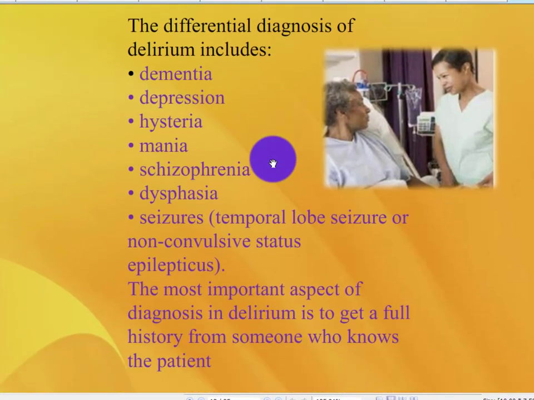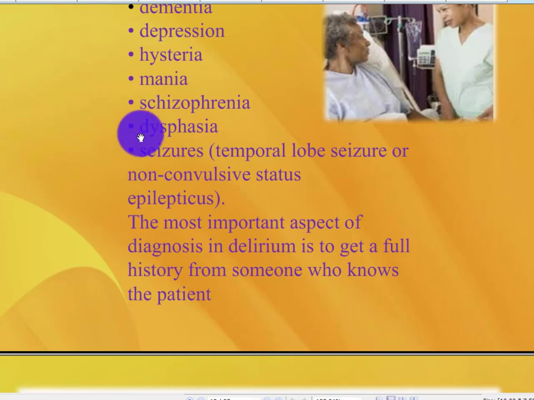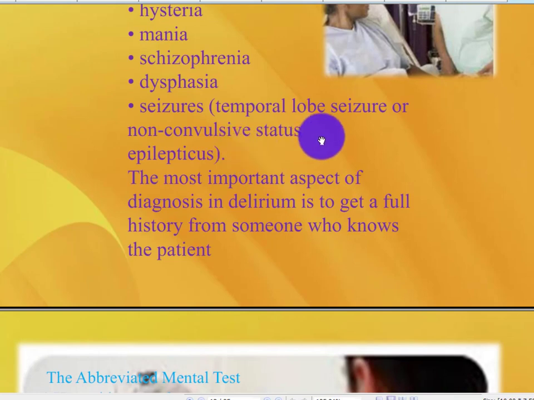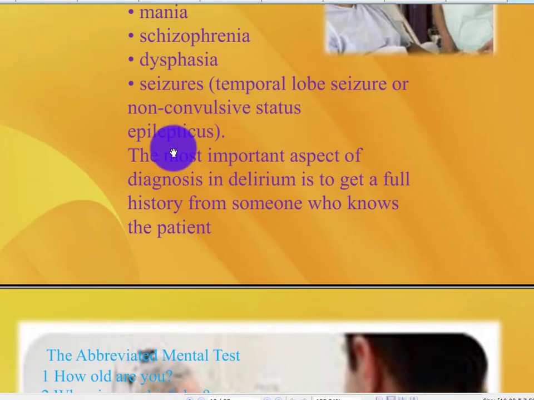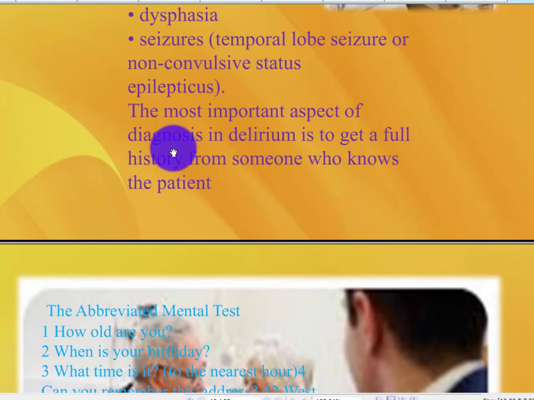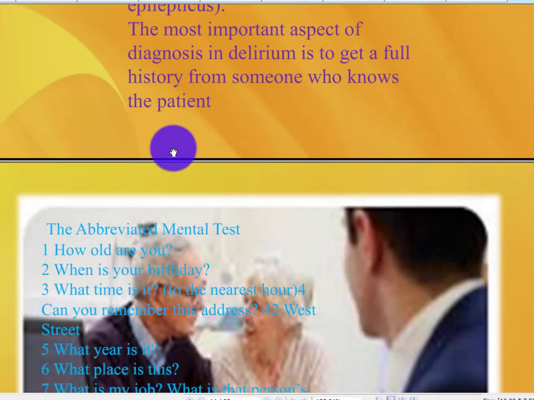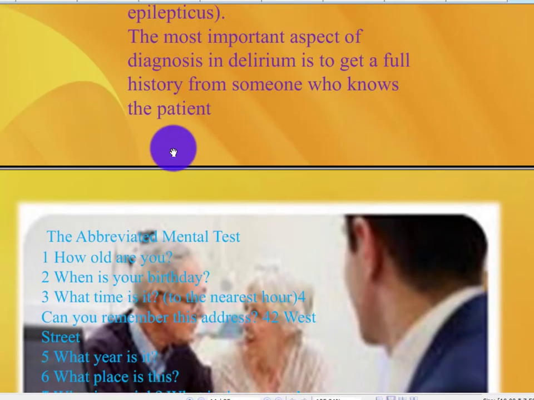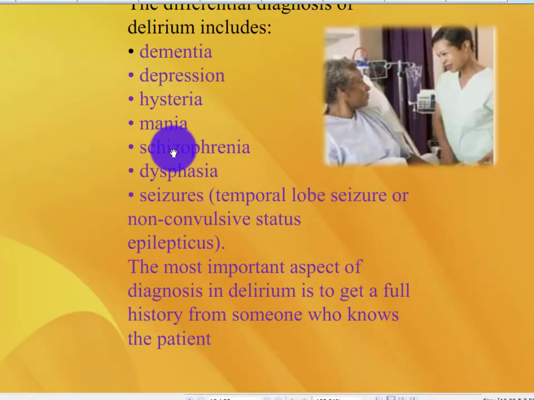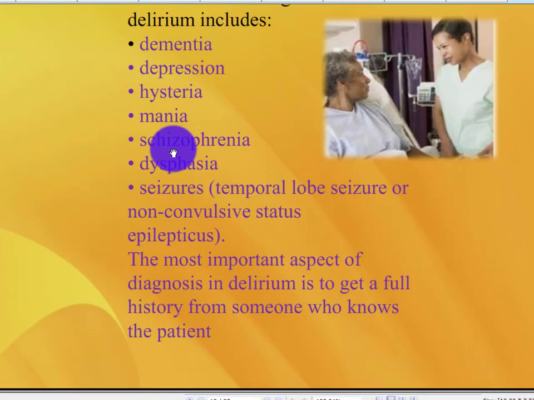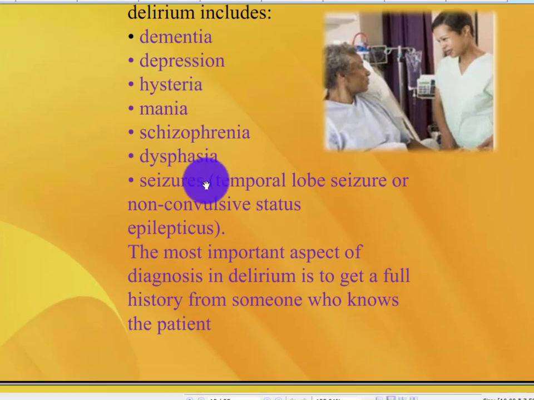The differential diagnosis of delirium: dementia, depression, hysteria, mania, schizophrenia, dysphasia, seizure, temporal lobe seizure or non-convulsive status epilepticus. The most important aspect of diagnosing delirium is to get a full history from someone who knows the patient. These are the differential diagnoses. Other diseases: